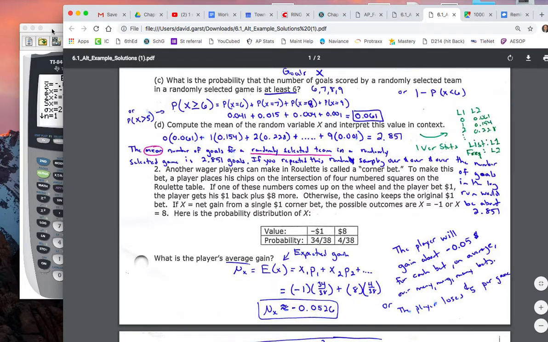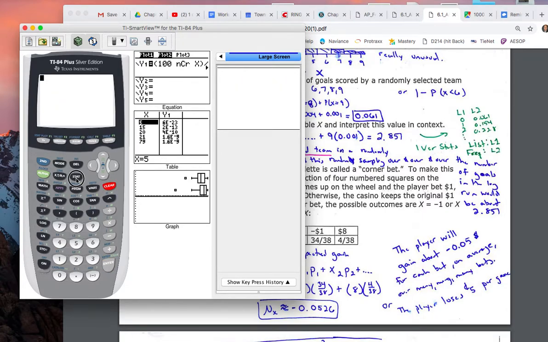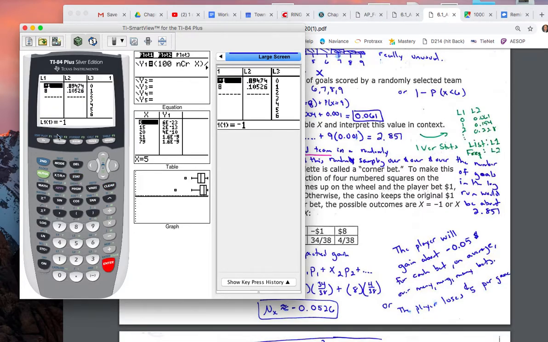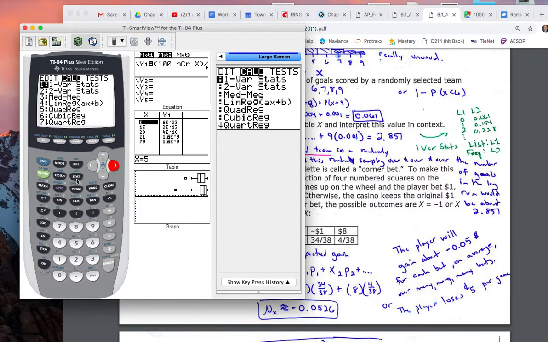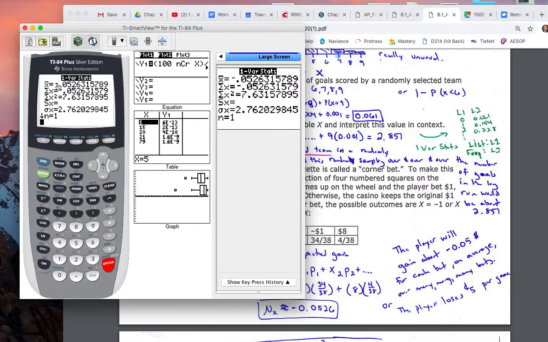And a reminder that we can just do it on our calculators as well. I've stored them in list 1 and list 2. So if you look right now at list 1, that's the -1 and 8. That's the outcomes. List 2 is the probabilities. This one's the 34 over 38. That one's the 4 out of 38. And we can hit stat, calculate, one variable stats, list 1 outcomes. List 2 is the frequency or the probability of them happening. I hit calculate, and there's our average,